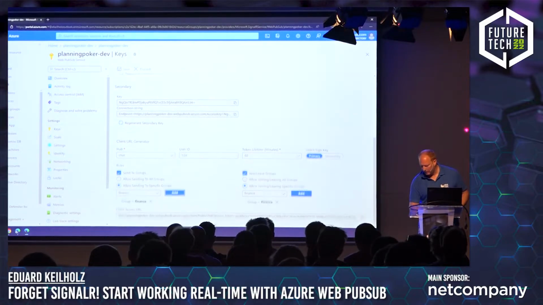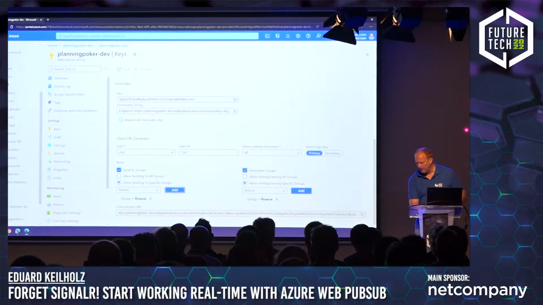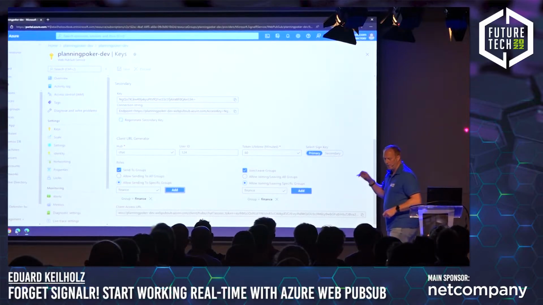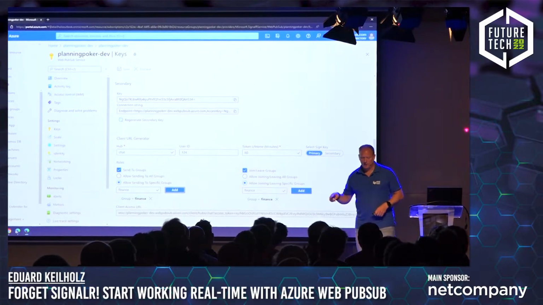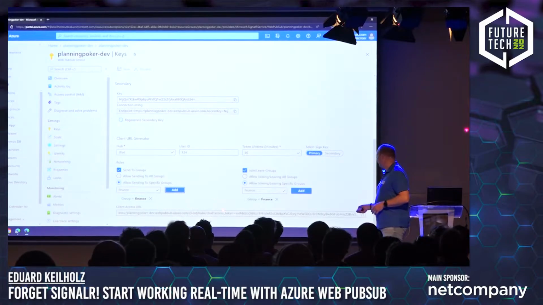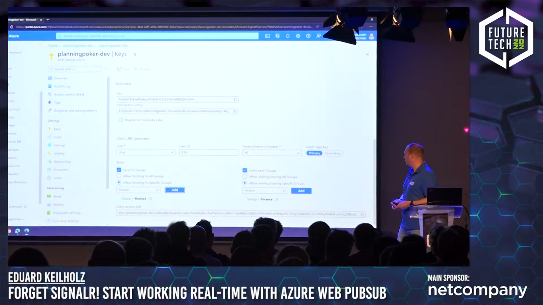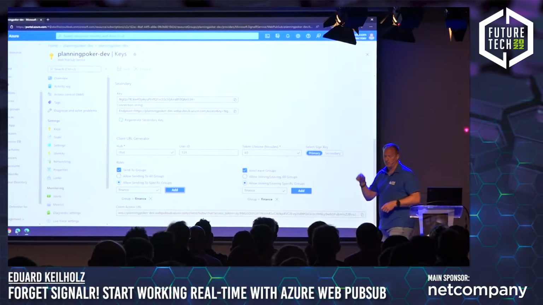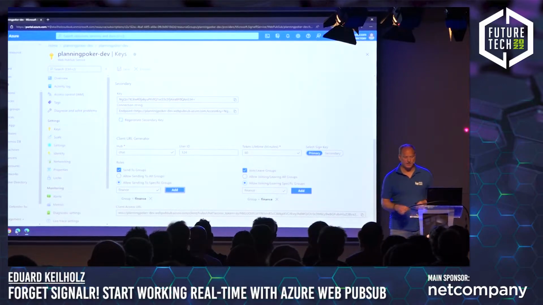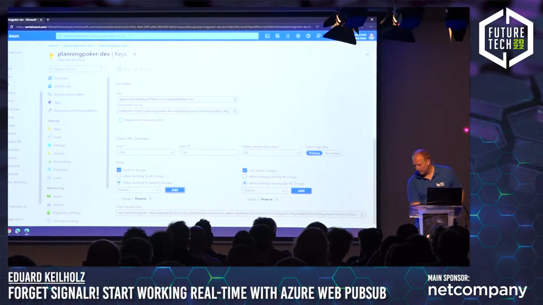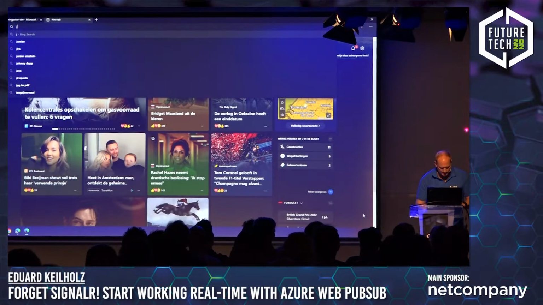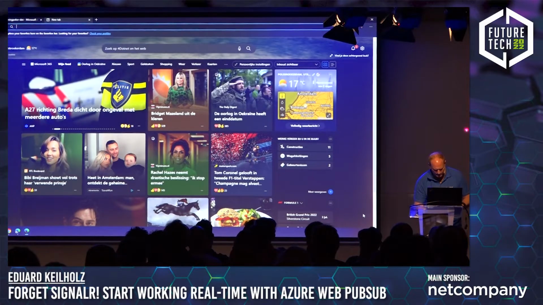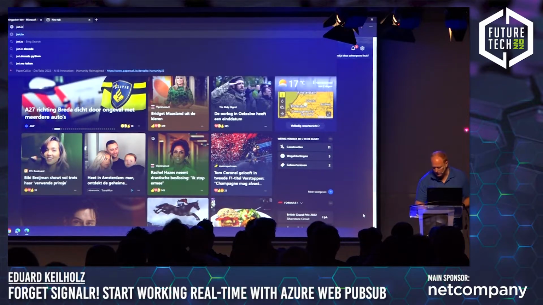Now, all the way on the bottom, you see that a large URL is generated for me. And you see halfway it says access token, and from there on it contains a JSON web token with all the information that I just entered in this form. So if we go ahead and paste this, and then go to jwt.io,